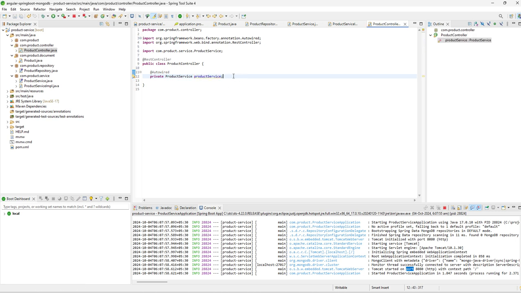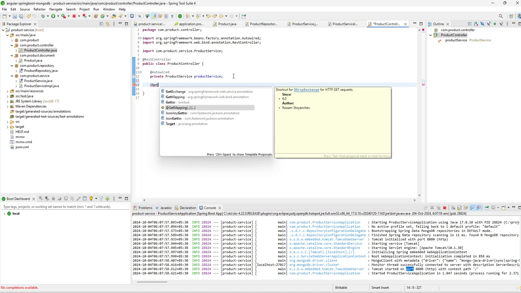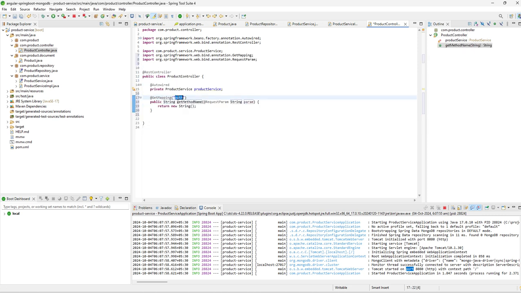So this product service we are going to use in our controller. Now let us implement the first get mapping, and here we can mention the path. Here we can use some best practice, like the API starts with the versioning v1, and here we can mention our endpoint, which is products. As this is get all products, it should return a list of product, and the method name should be